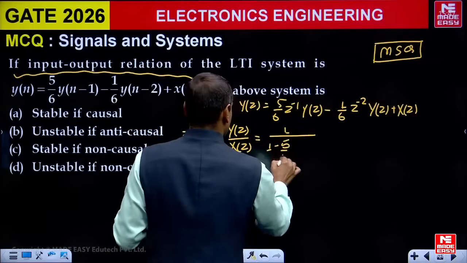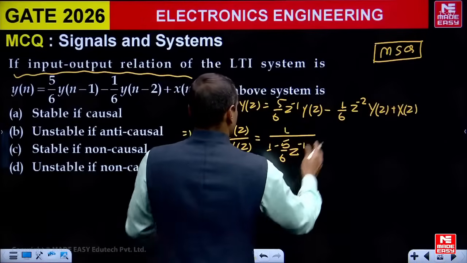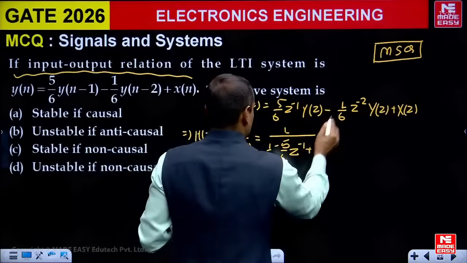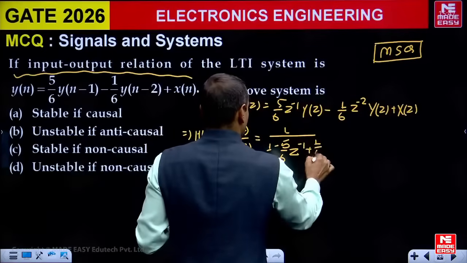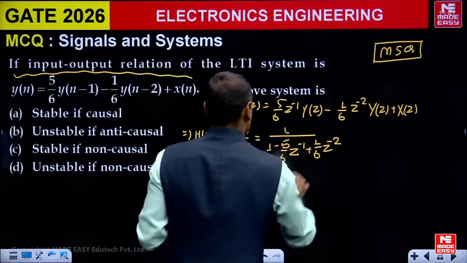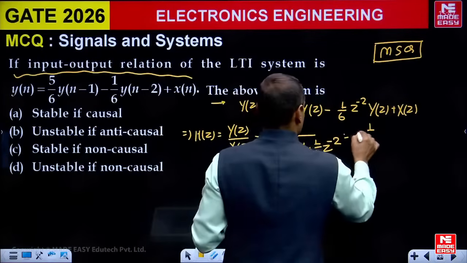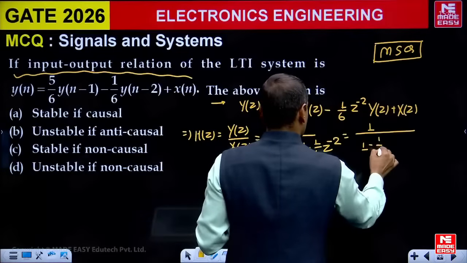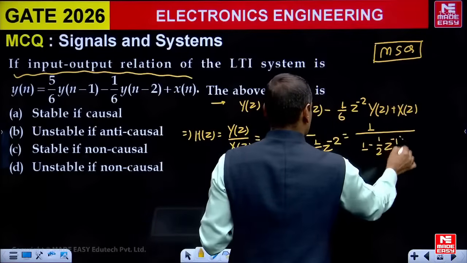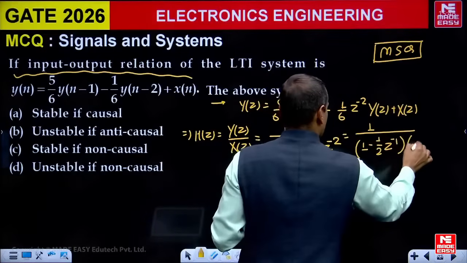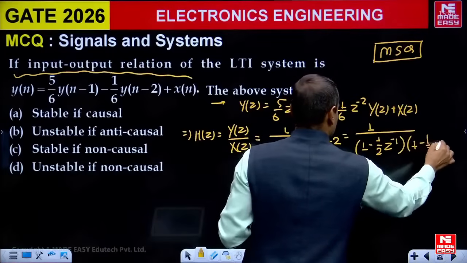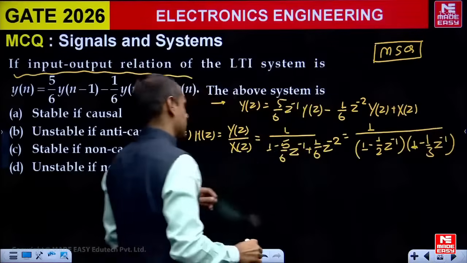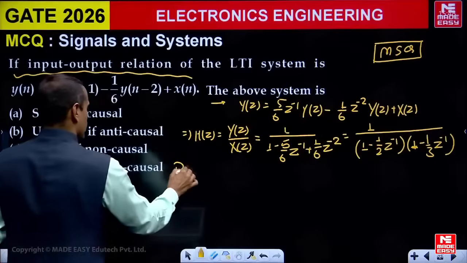यहाँ से रेशियो लीजिएगा तो क्या आएगा? 1/(1 माइनस 5/6 z इनवर्स)। ये जो Y(z) वाले टर्म्स हैं इसको LHS में लेकर आना है, तो ये वाला टर्म प्लस में आएगा 1/6 z की पावर -2। फिर आप लिखते 1/((1 माइनस 1/2 z इनवर्स) इंटू (1 माइनस 1/3 z इनवर्स)), ठीक है, ये इस फॉर्म में आता।